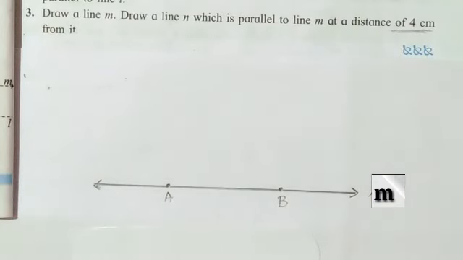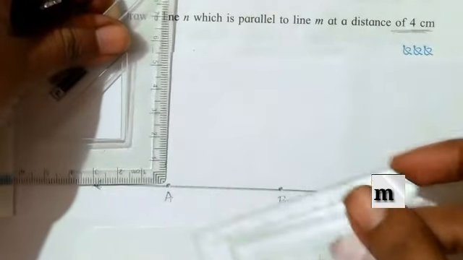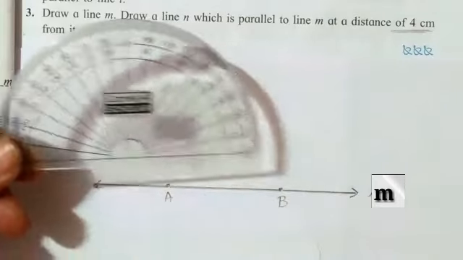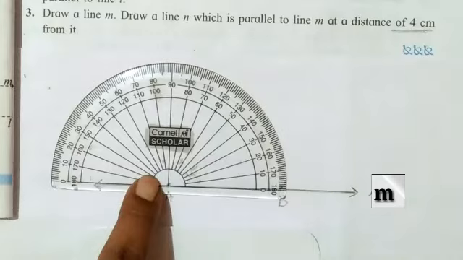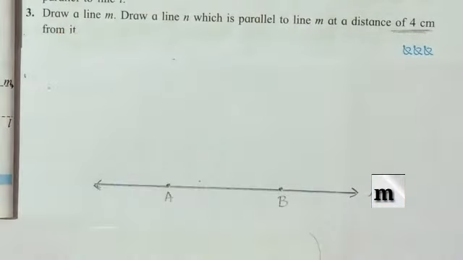Now from these two points we have to draw two perpendiculars over the points A and B, which we can draw with the help of a set square also. We have to use both set squares and then draw the perpendicular. Otherwise we can use our protractor, which is the easiest one. So that way we can place it. Now I am using the protractor. Put the point of 90 degrees, join it,